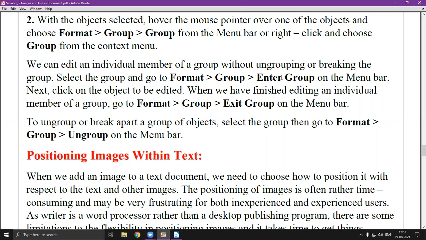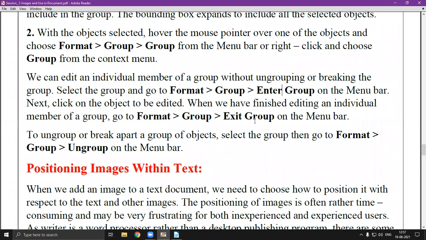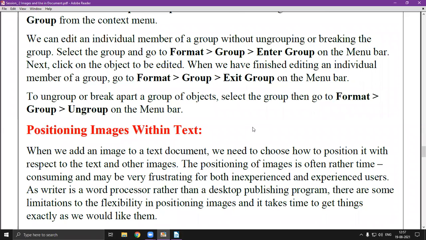And when we have finished editing an individual member of a group, वापस से आप Format में जाएंगे, Group and Exit Group on the menu bar. So अब मान लीजिए आपने अपनी ग्रुपिंग कंप्लीट कर ली, आपका जो मोटिव था वो सेटिस्फाई हो चुका है। So अब आप अनग्रुप करने के लिए क्या करेंगे? वापस आप Format पे, Group पे, और अब आप Ungroup पे सेलेक्ट करेंगे।